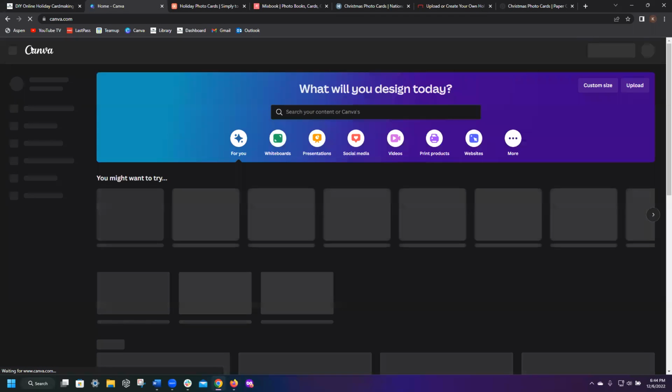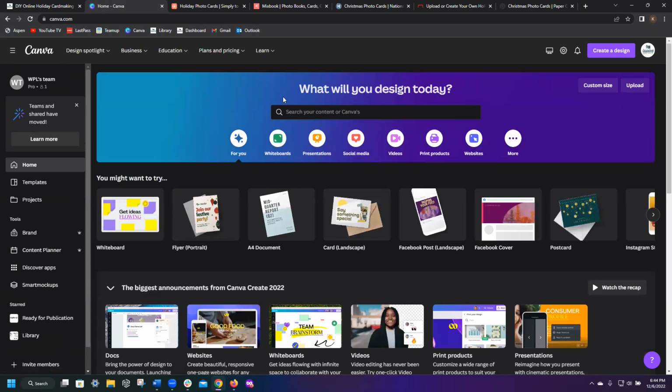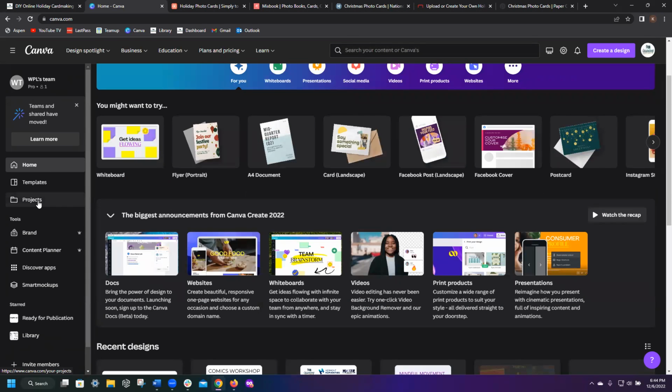Canva, if you haven't heard of it or haven't used it before, is a really good website. I mean, it's something that you used to would have called software, but it's not technically software, but it's a service website to help you create any kind of design. The